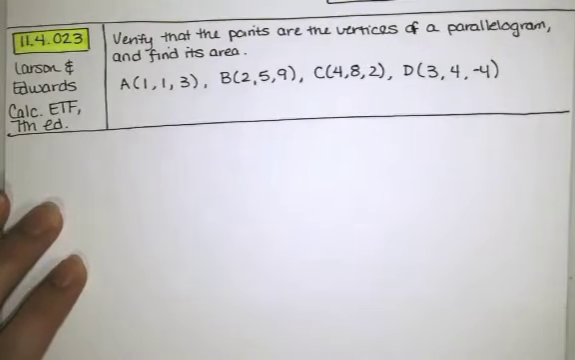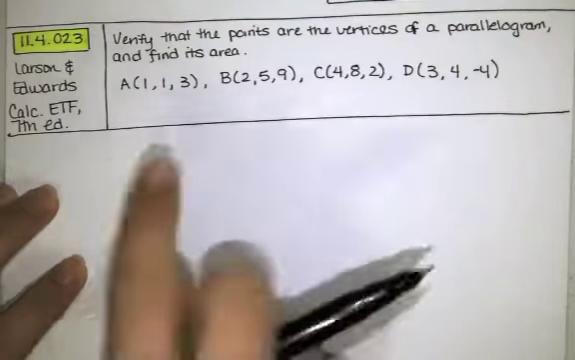In this video, we solve problem 11.4.023 from the Larson and Edwards Calculus Early Transcendental Functions text, 7th edition. We're asked to verify that the points are the vertices of a parallelogram and find the parallelogram's area. So I don't actually know